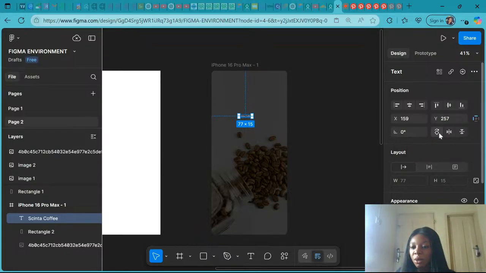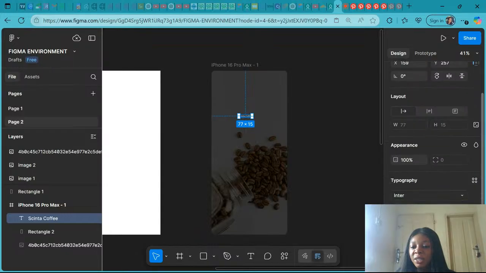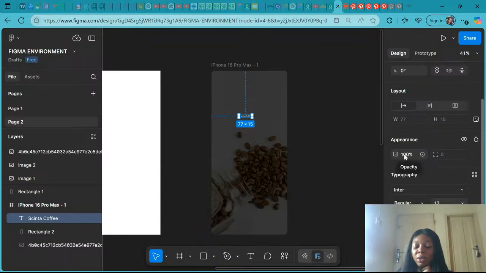Just like what we did on the shapes. Now, moving down, remember the opacity also is based on appearance. If I reduce the opacity, that means I'm reducing the opacity of the entire layer. Whenever you're dealing with opacity on the appearance setting, you are affecting the layer. That means